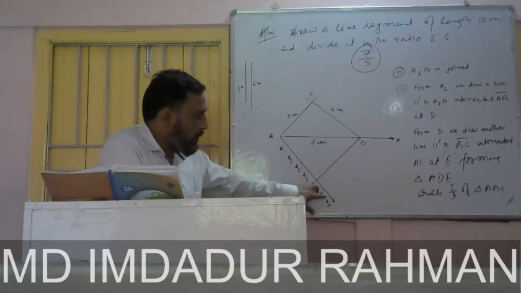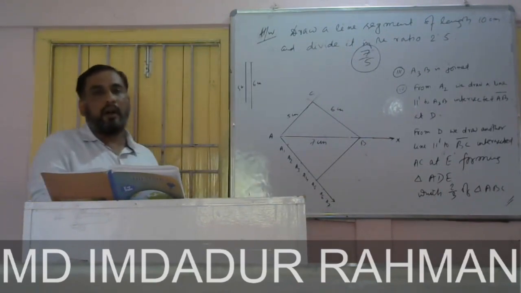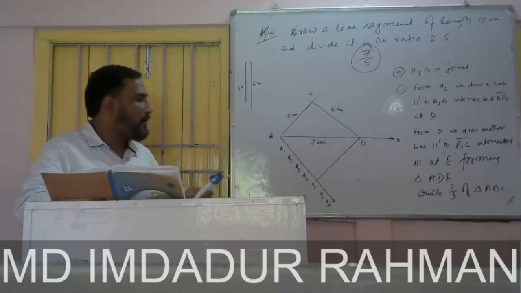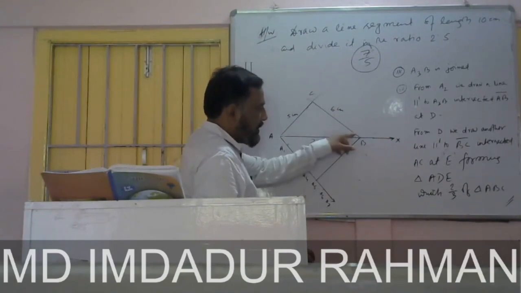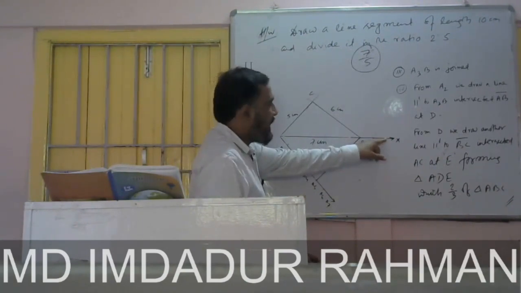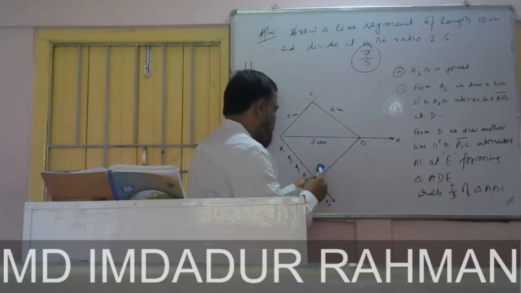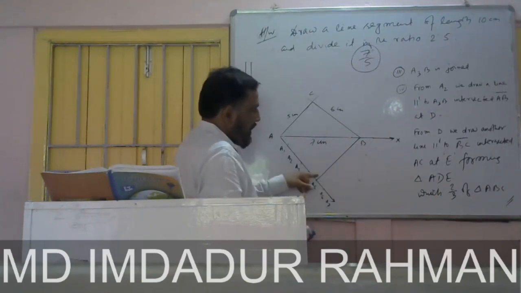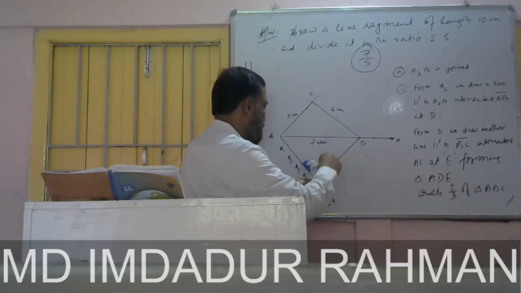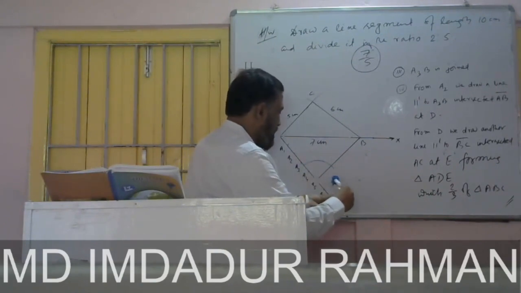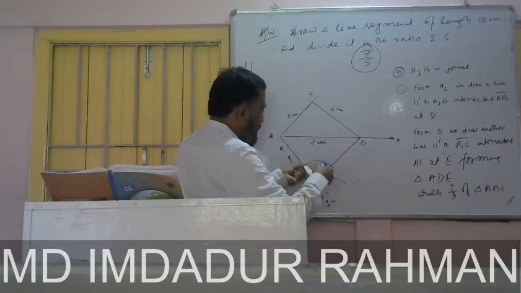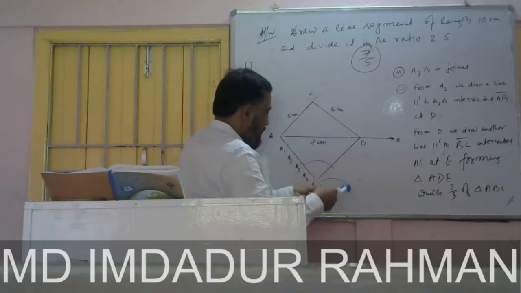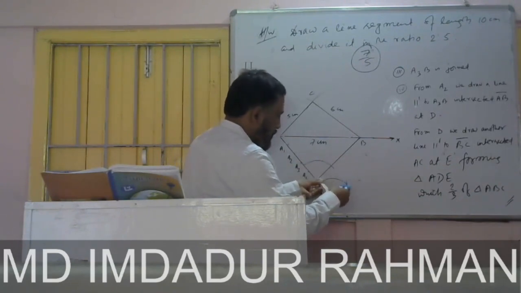Now you see 2 more points remain. Now we will draw a line parallel to A5B from A7. From A7 we will draw a line parallel to A5B and it will intersect the ray AX. Just you see. Now we are taking the measure of this angle from A7, we are giving the duplicate of it. Now taking the measure of this gap and from here we are giving this.